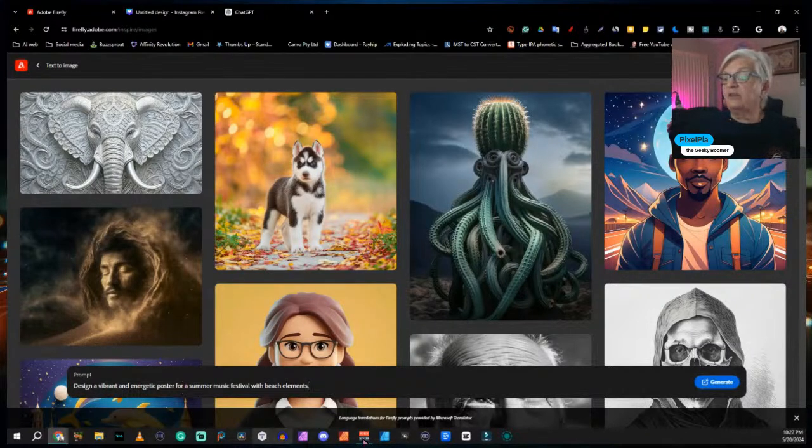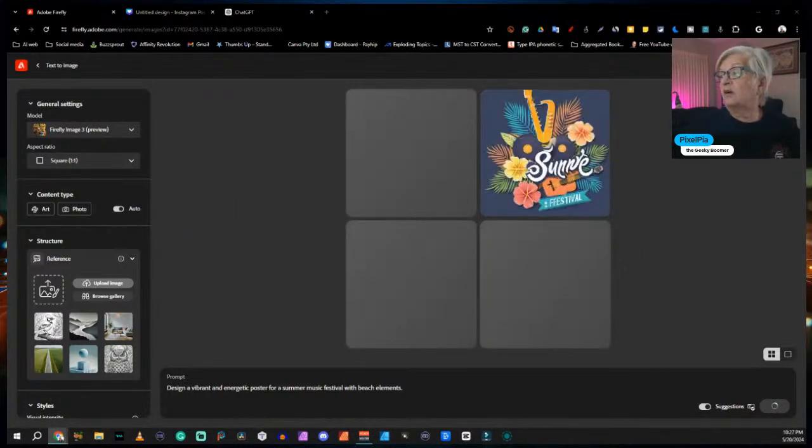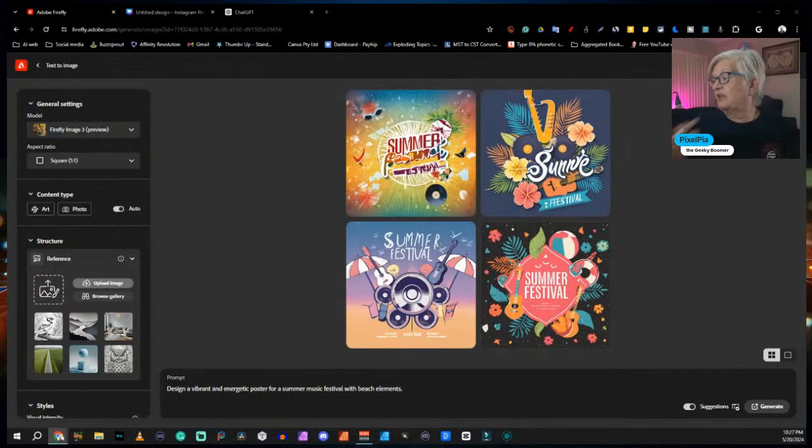Design a vibrant and energetic poster for a summer music festival with beach elements. This time I am not going to change any of the content type or anything of that. I already showed you how that worked. So we are just going to see what happens here in